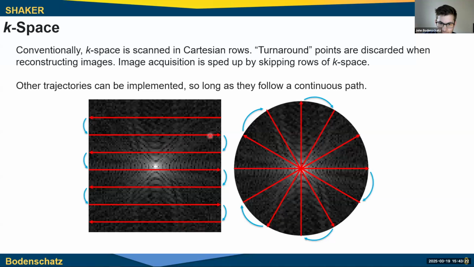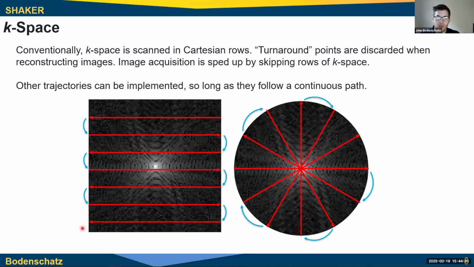So conventionally, here we have a K-space array. Most commonly, K-space is sampled in Cartesian rows. So you'll start in the center, you'll go out to a corner, scan a row, do some turnaround, scan a row, keep working your way down. Often in this scheme, there will be 3 to 5 rows in the middle that are sampled twice, just for some Nyquist ghosting corrections. The reason this one's so popular is that it's simple to understand, it's simple to implement, and it's very easy to reconstruct images. When I get to it later on, the reconstruction of images for Cartesian K-space is just an inverse discrete Fourier transform,